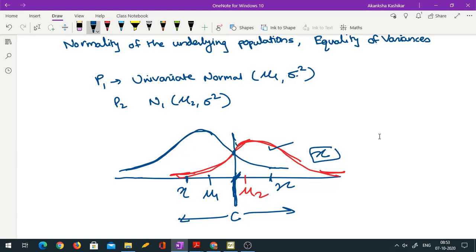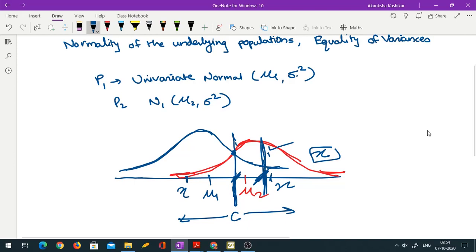The only thing is, here we took this C as exactly the point at which the transition takes place, at which the curves change their positions. However, sometimes, depending on which type of error is more serious, you might want to change this a bit. If misclassifying an observation from population 1 to population 2 is more serious, then you may want to give slightly more benefit of doubt and keep an observation in population 1 maybe even till this point, and this can be your new cutoff.